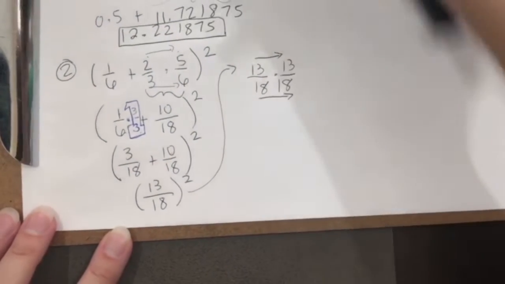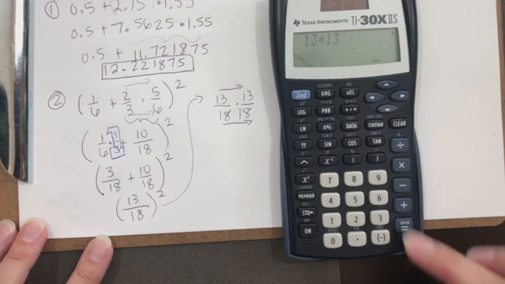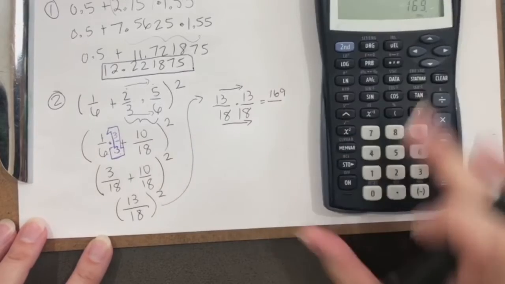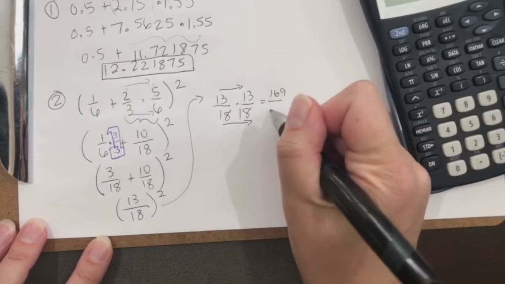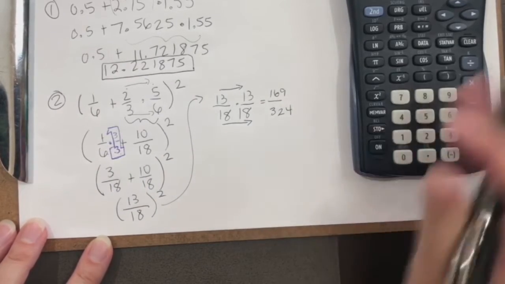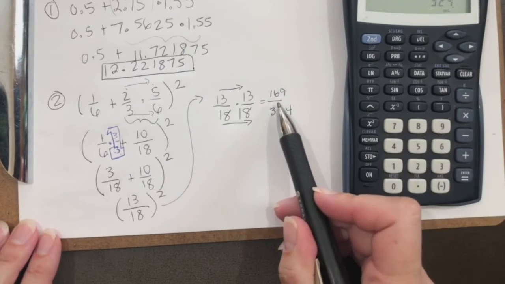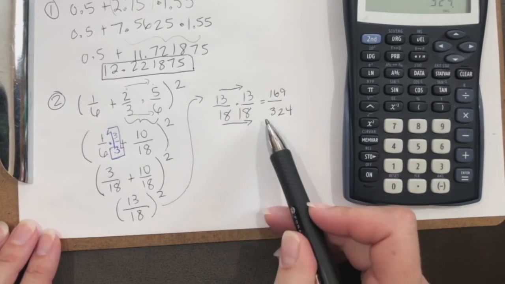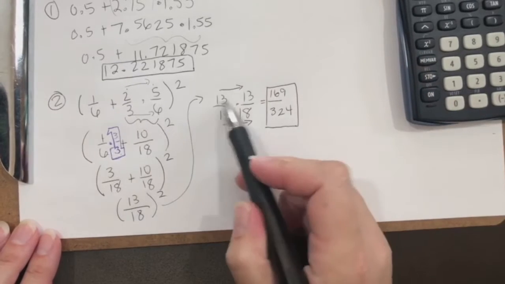And since we're allowed to use the calculator on this, we might as well use the calculator. 13 times 13 equals 169. And 18 times 18 equals 324. And let's see if these are divisible by anything. Actually, I don't think so, because 169 is just going to be 13 times 13. So yeah, that's it. We're not going to be able to simplify that at all, because 13 isn't divisible by